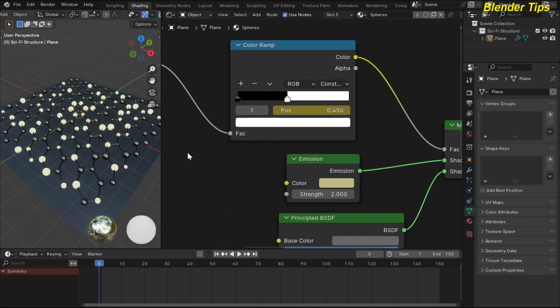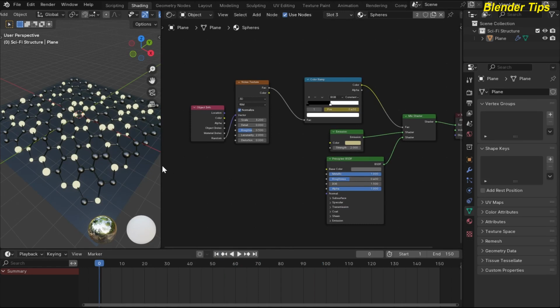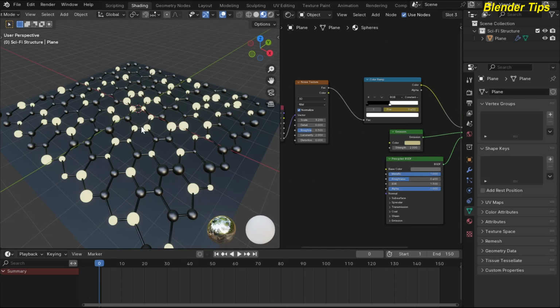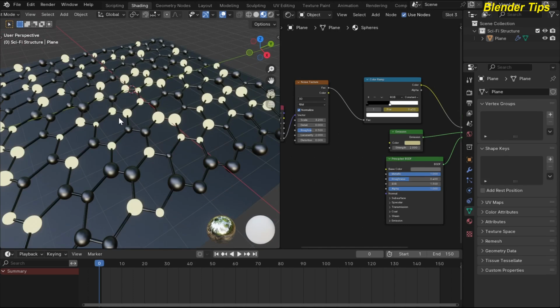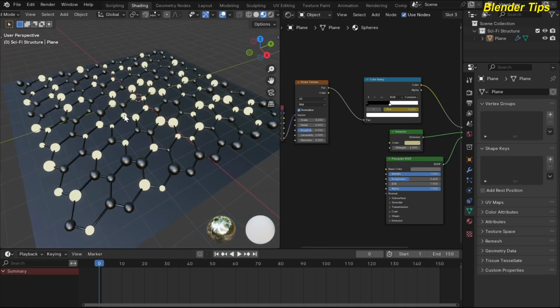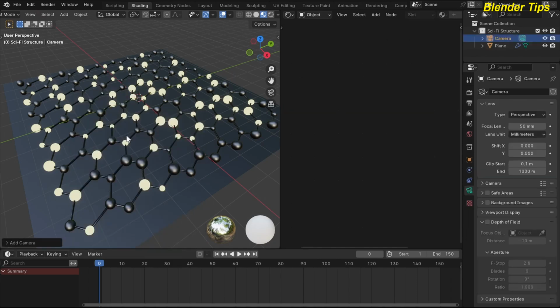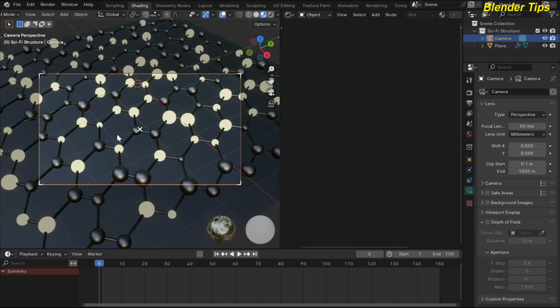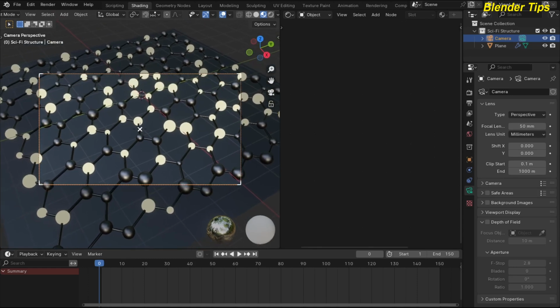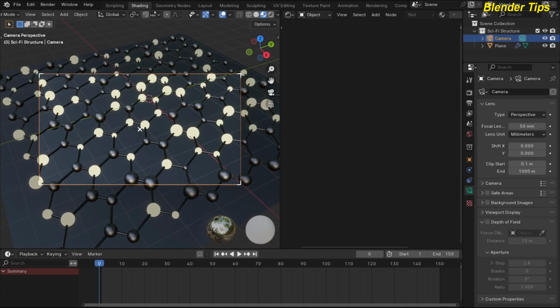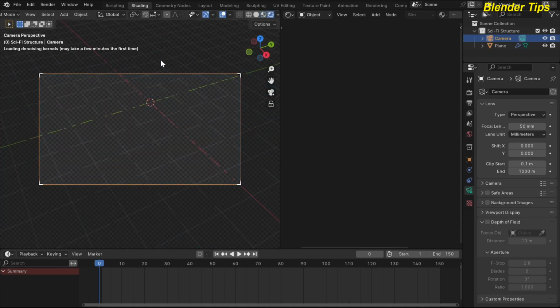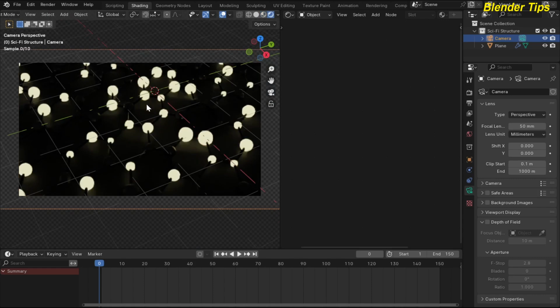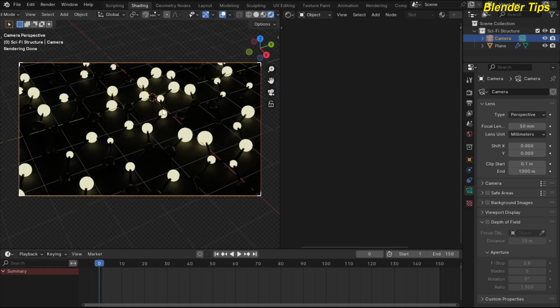Beautiful. And now here I set the camera for our scene, and here set the view, and this is looking nice. And add the camera and press Ctrl Alt 0 to set the view of this camera, and also adjust it. This is looking nice view. And now jump to the render view, and here you can see the nice